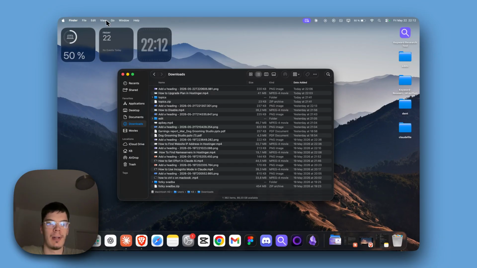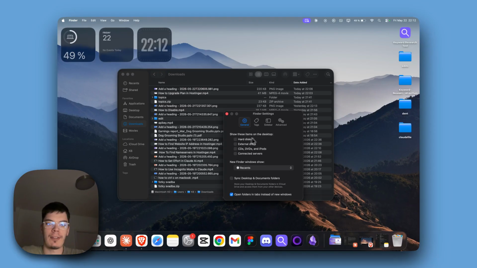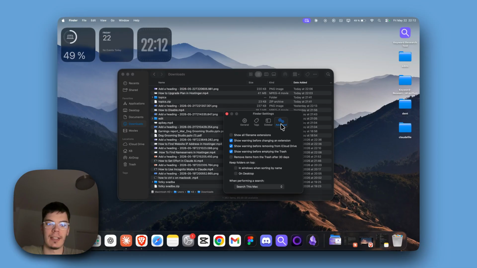Now in the top menu bar, click on Finder and here simply open Settings. Now you want to navigate to the Advanced section. And here you will find "Remove items from the trash after 30 days." Turn this option on. From now on, anything that's been sitting in the trash for 30 days gets deleted automatically